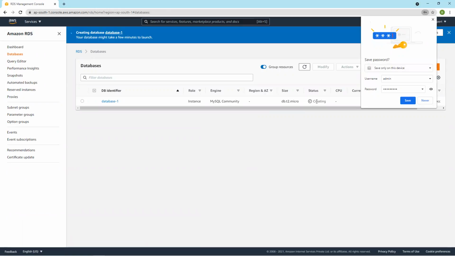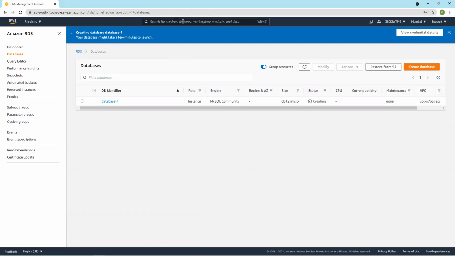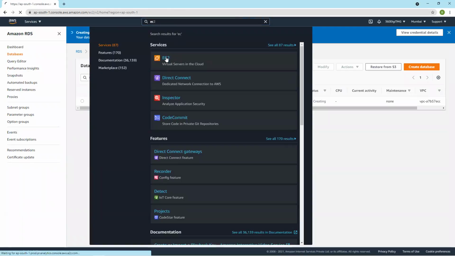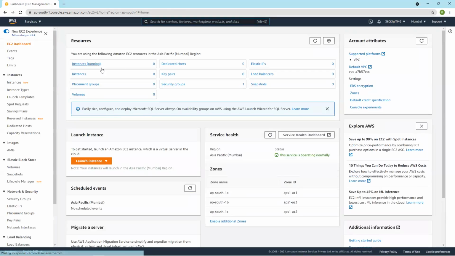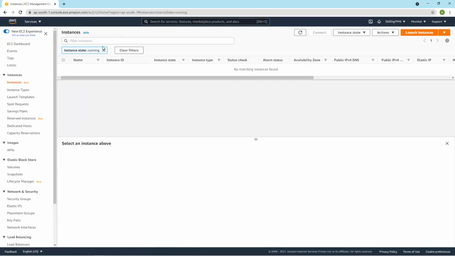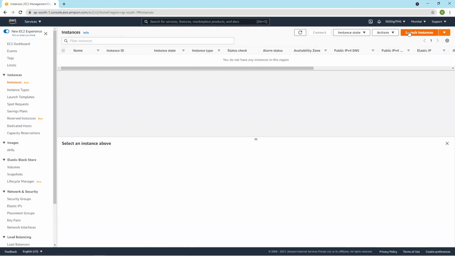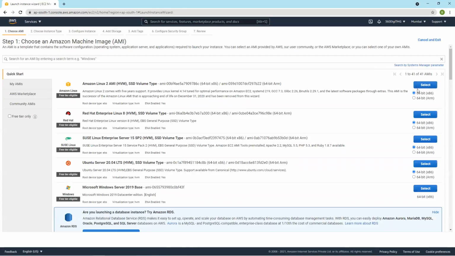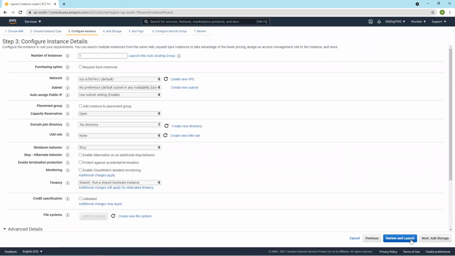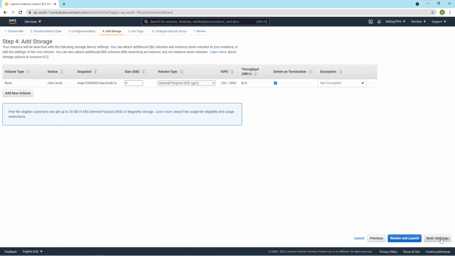Okay, it takes some time. Meanwhile, I'll go and create EC2 instance also. Configure instance details, network, subnet, we can leave it as is because we are going with default VPC.